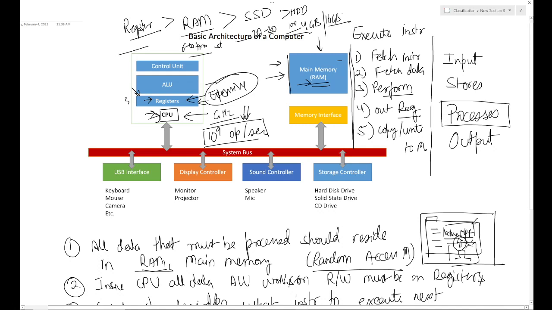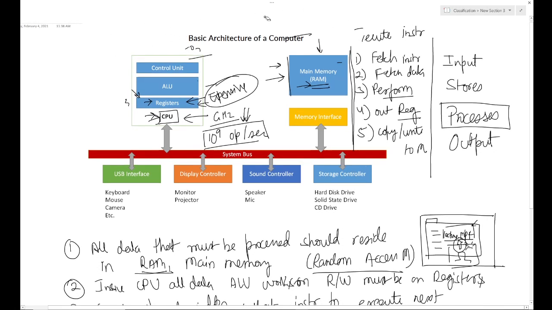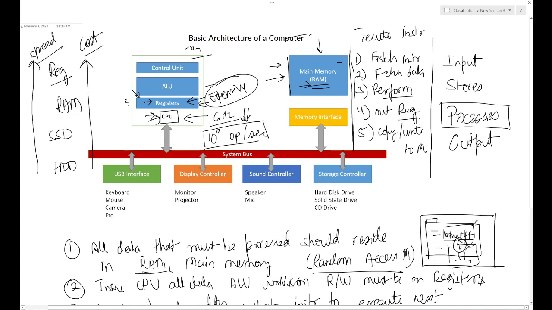If we go across this memory hierarchy, let me write it again vertically. We have registers, random access memory, your solid state drive, and your hard disk drive. Your speed improves, your cost also improves. So we cannot manage to have everything as registers nor everything as RAM. Further, registers and RAM are volatile, and all the permanent storage devices that we have are slower. Therefore there is this memory hierarchy.